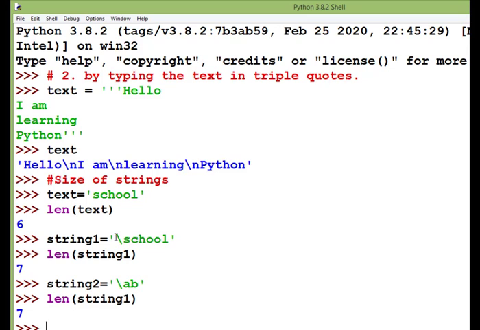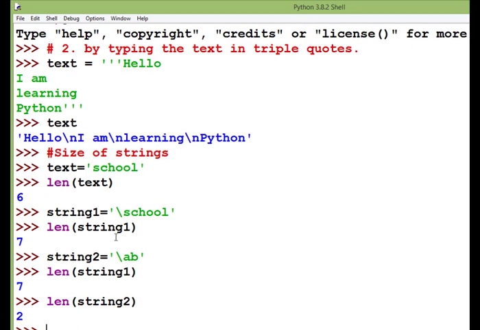Sorry, it should be len of string 2, and here it has shown 2. Why 2? Because this backslash and a is an escape sequence. So an escape sequence takes one character. You might have seen this.